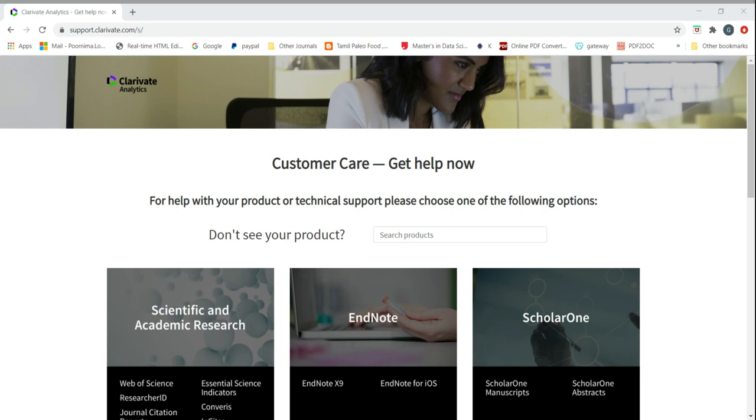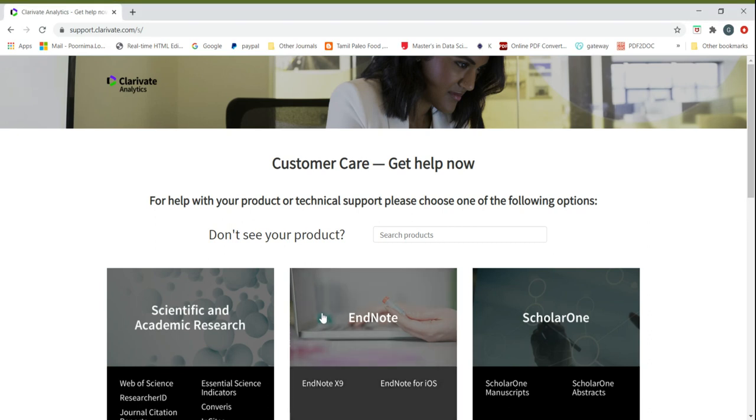Hello friends, today we are going to discuss Clarivate Analytics, the Web of Science indexing platform. This is one of the largest platforms across the world. Usually it is placed in second position